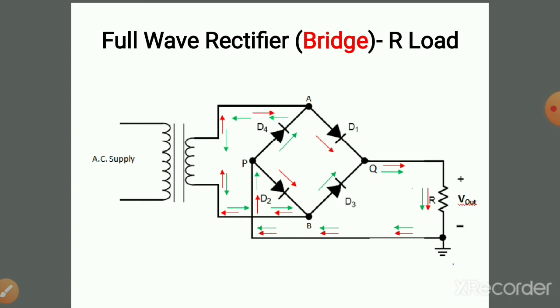In the previous circuit, there are two diodes we are having. In one half cycle, one diode is acting, in the other half cycle, the other diode is acting, which transfers the power towards the load. Here, at a time in each half cycle, a pair of diodes is acting, which will contribute in transferring the current and transmit the power from input towards the load. Okay, so that is the working principle of the single phase full wave bridge rectifier connected to R load. So that's about single phase full wave rectifiers.